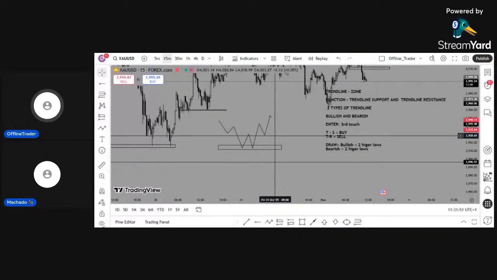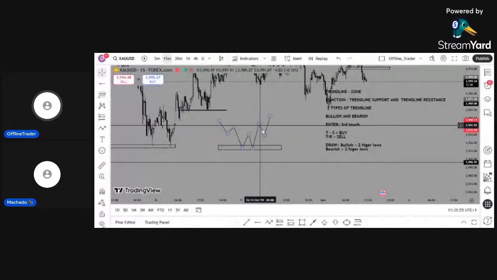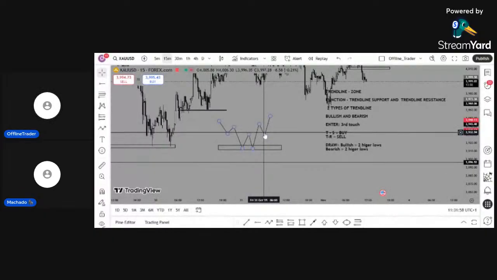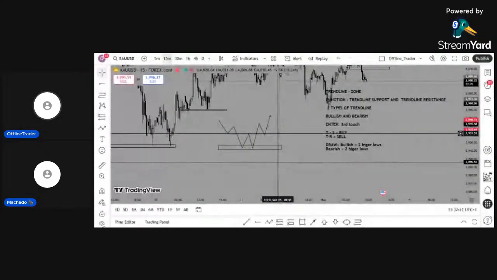time frame, because you can't depend on the lower time frame. On the lower time frame, this pullback is already very strong, and as you can see, the market is bullish, but this pullback might make it look bearish on the lower time frame. So we need to check it from the higher time frame perspective. Anytime you are doing your analysis, always start from the higher time frame so you can know what you are working with. Are you working with the buyers or the sellers? So the first thing we need to do is to identify the trend, and we just identified the trend